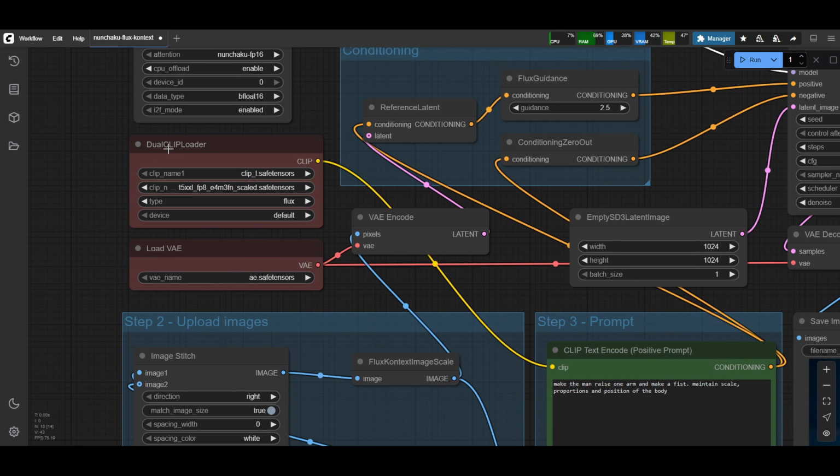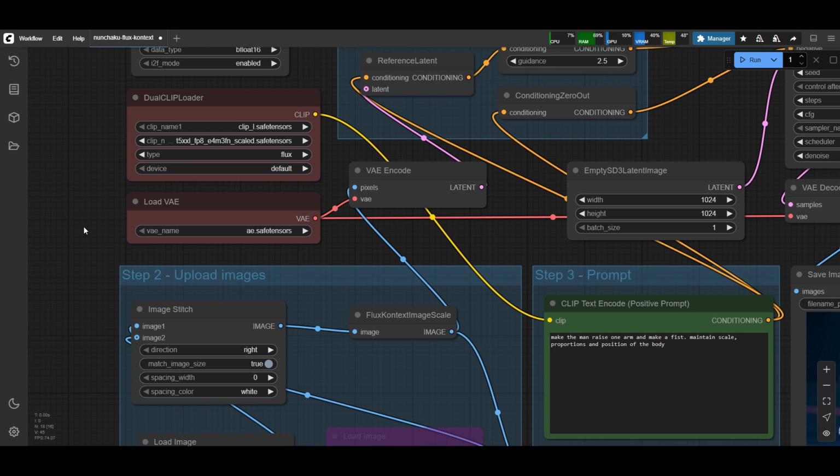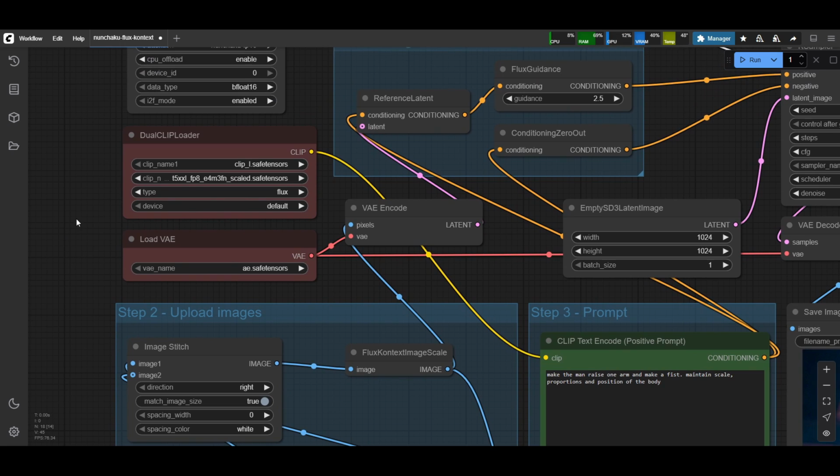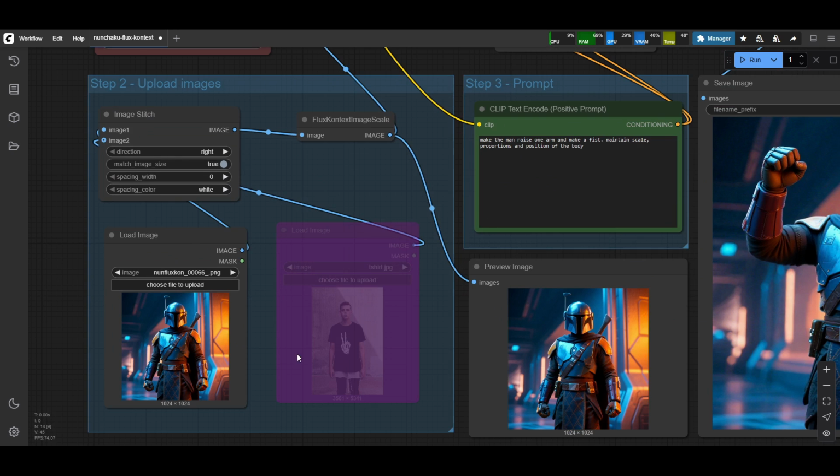Otherwise, for the rest, dual clip loader, same as before, one clip, one T5. Choose Flux, and then device is default or CPU. But the benefit for Nunchaku is it uses very little VRAM, so you can usually put other things on the VRAM too if you have extra space. The same VAE, and then the same section for the load images. So again, I changed the default Flux Kontext to the regular load images. I included 2 of them, the image stitch, the context image scaler,